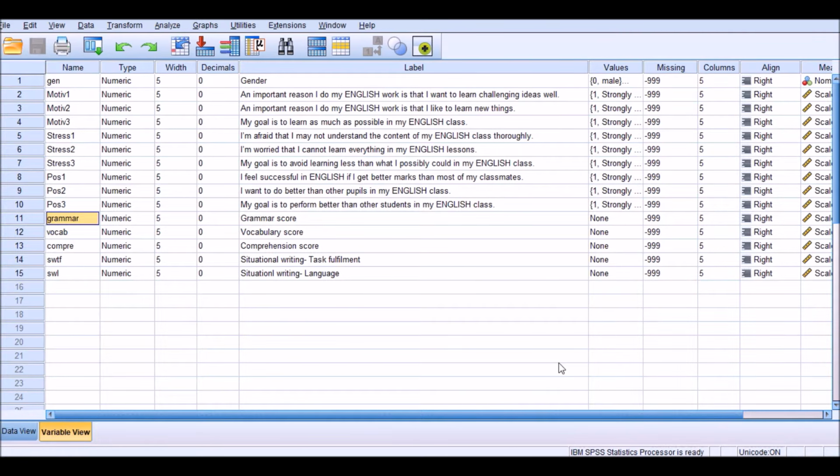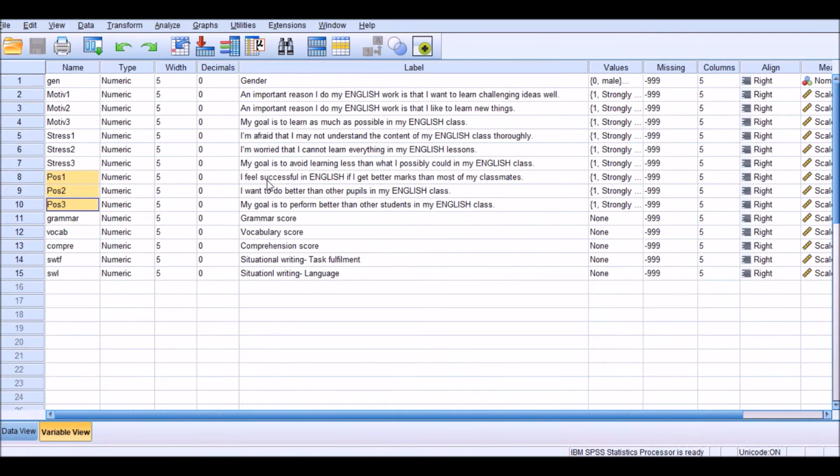The data set that I'm going to use consists of a few constructs, and I'm going to investigate how these constructs affect each other. The first construct, as you see here in this SPSS file, is motivation, and it includes 3 items, and these are the items on the right hand side. In addition, I've got 3 stress items which basically measure the amount of stress in students. And finally, I have positivity items, which are also 3, and they measure the amount of positivity as self-appraised by